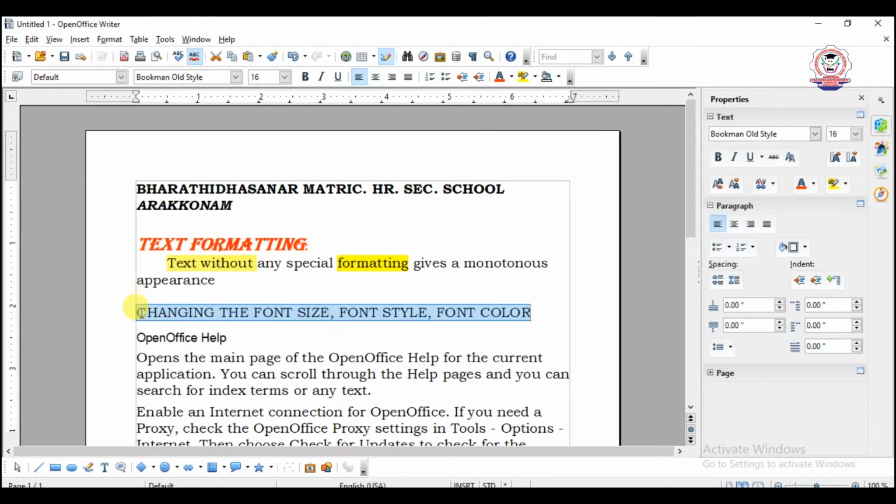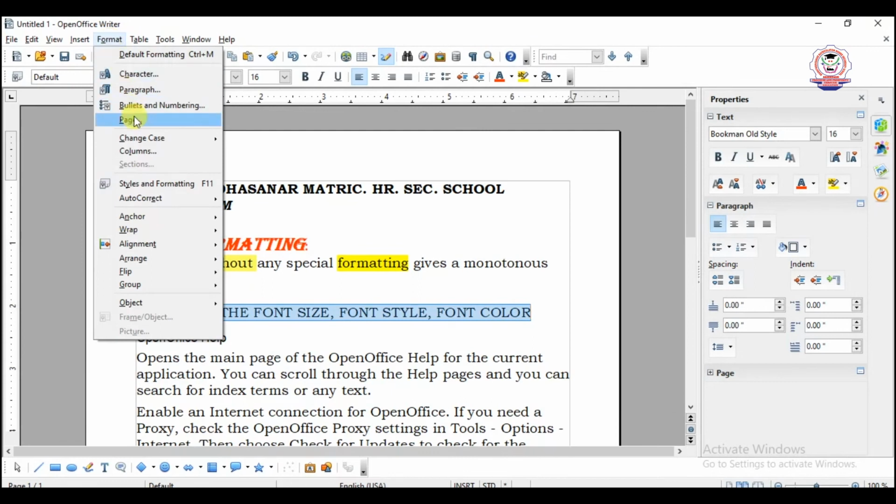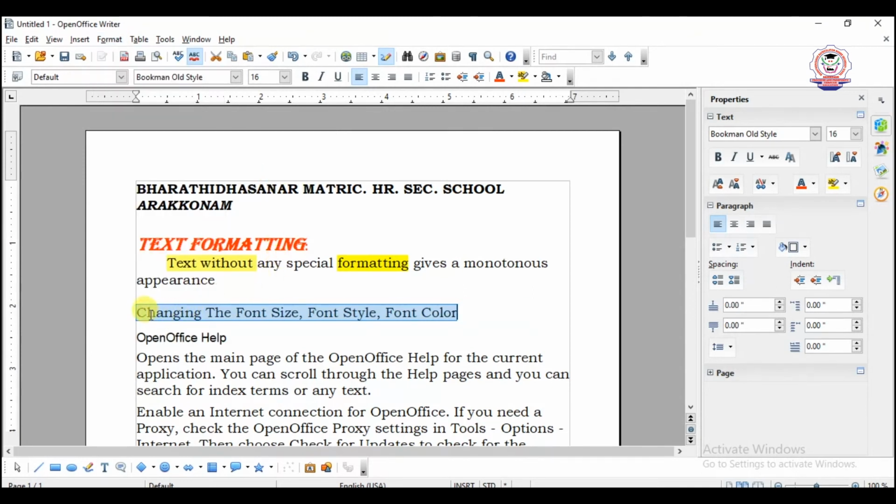Uppercase means all the characters are capital letters. Capitalize Every Word means every word's first letter is capital. Here, C in Changing is capital, T in The is capital, F in Font is capital. So the first character of every word is changed to a capital.